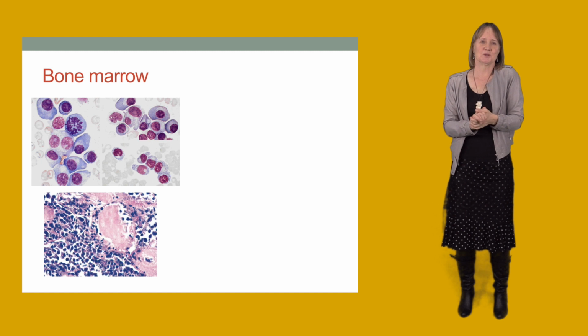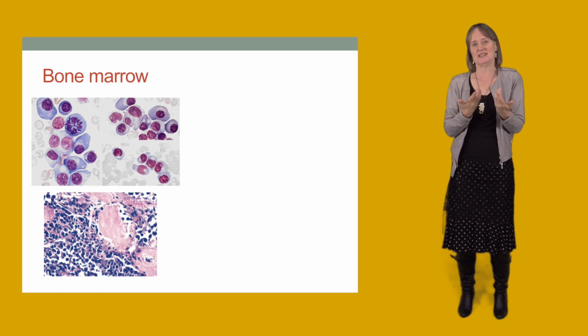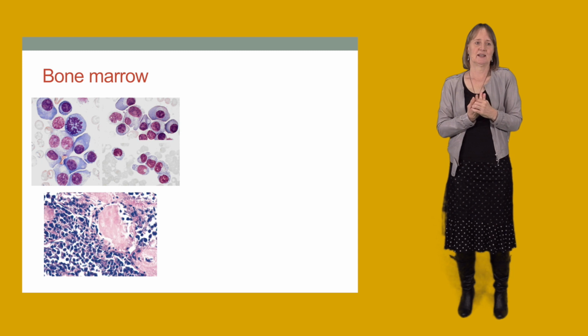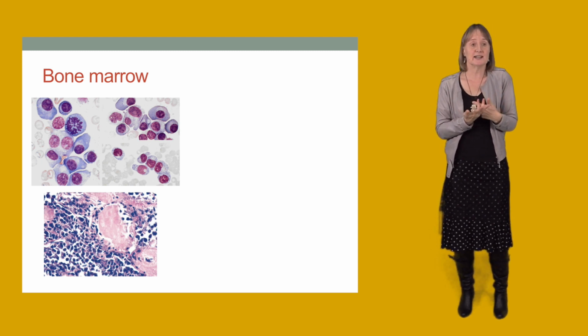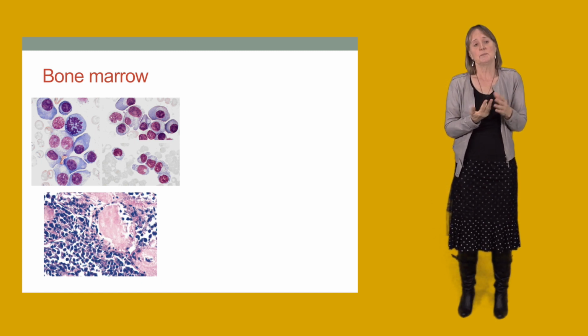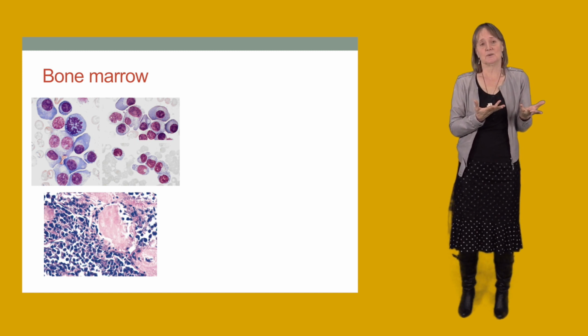Probably at this stage in your career, all the white cells just look like blue blobs, but after a while, as a hematologist, these are perhaps the most easily recognizable cells. We can't tell just by looking at them whether they're malignant or reactive, so we do have to do other tests. The bottom picture is there just to show you what amyloid looks like when we see it in the